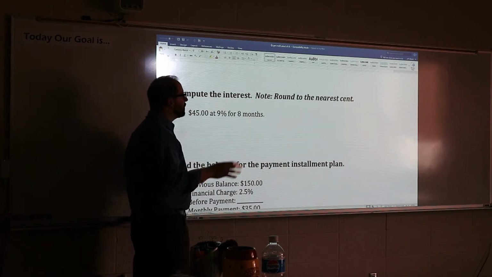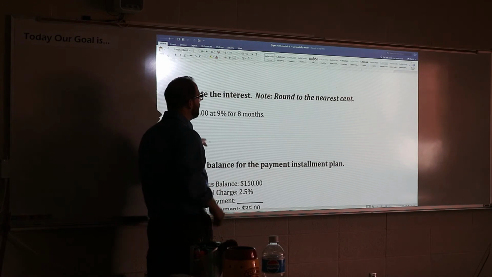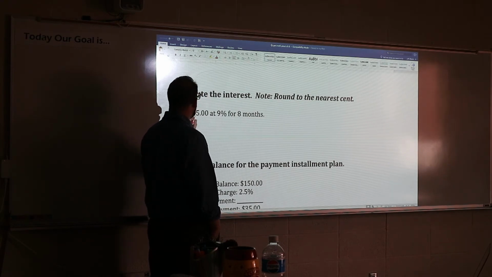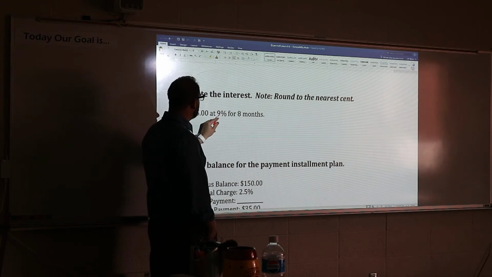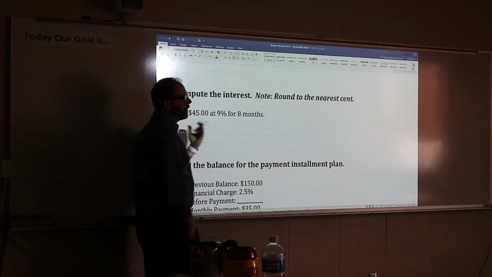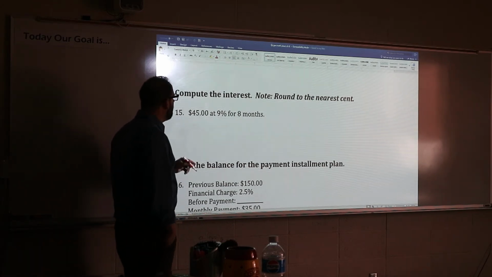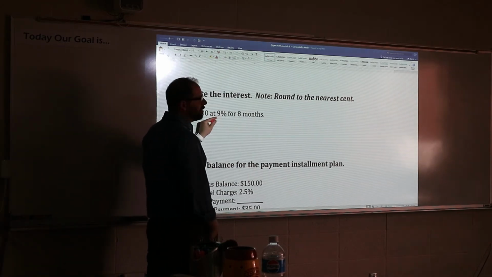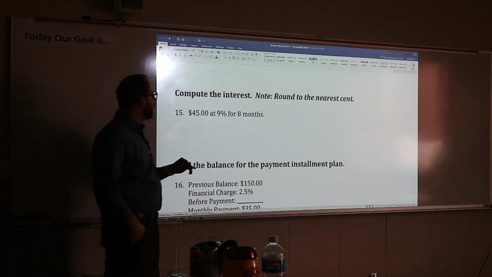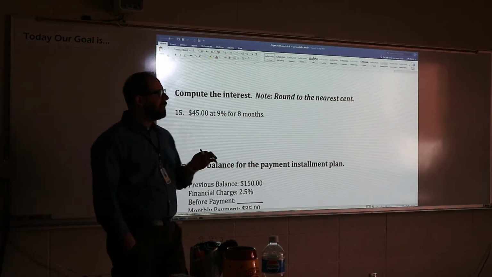I slightly changed this one up. This is a simple interest problem, okay? You're calculating what the interest will be on a particular purchase. So this is a small business loan. So you're gonna take out a loan at 9% for $45. Maybe you need to buy something, a DVD player, I don't know what it is, a Blu-ray player. And you're gonna take out a loan for $45 at 9%, and you're gonna take 8 months, and we